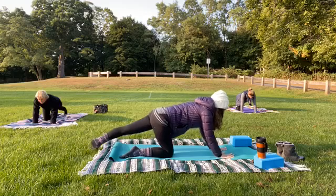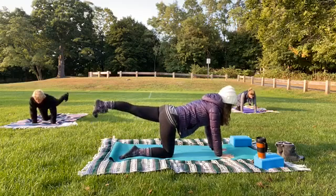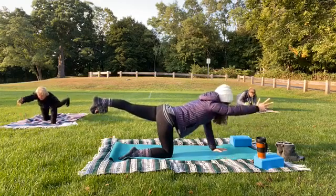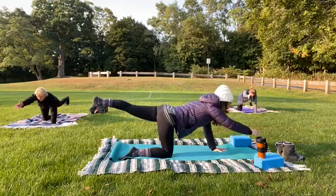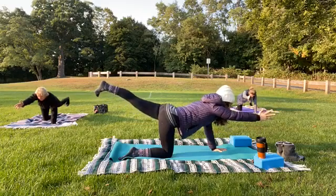And then gently lift that leg up just about hip height. Maybe spread your toes, pull your belly in, feel nice and strong here. And then if it serves you, reach that left arm forward, balancing table. So in your balancing table, you can stay nice and still, or you can begin to work those abs a